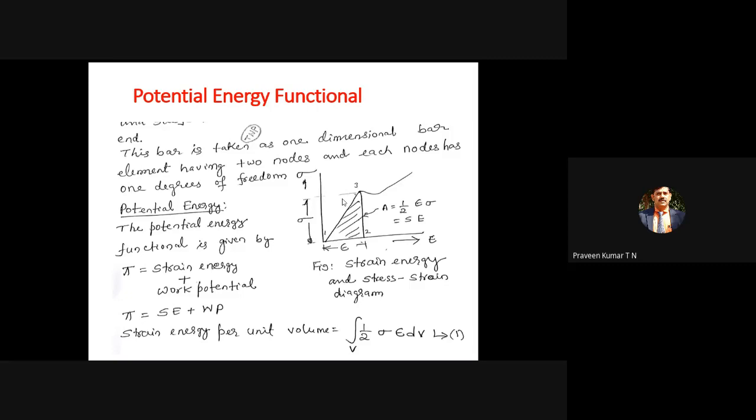Imagine you have a spring that is compressed. When the spring is compressed, you have spent some amount of energy. Imagine you spent around 100,000 watts of energy. Out of that, some amount of energy is spent for the work done. Let the height of the spring be 100 mm, and it is compressed to 60 mm.